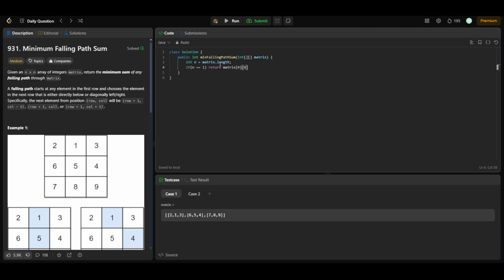0 0. Okay, so now let's have a DP array where we'll be storing all the possible sums that we'll be calculating is equal to new int of n cross n. Okay, and let's for int row in the DP array, let's fill it with the maximum possible value, as we have to return the minimum value, so we have to fill the array with the maximum possible value. So Arrays dot fill